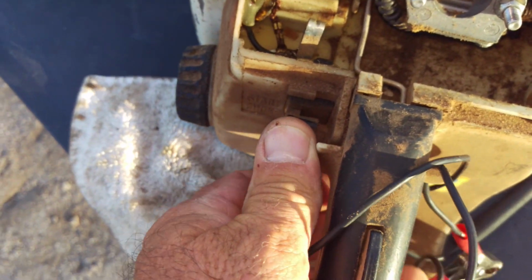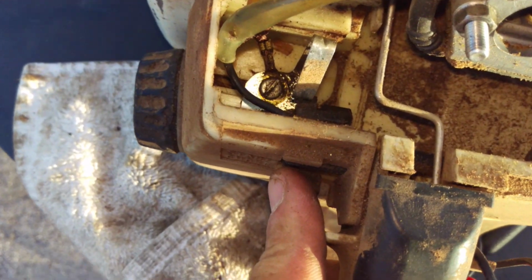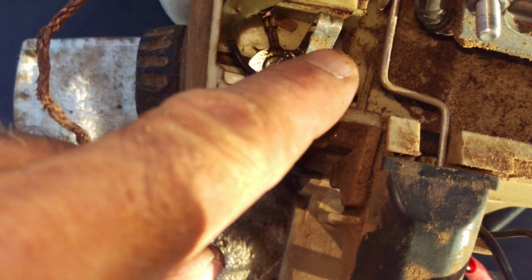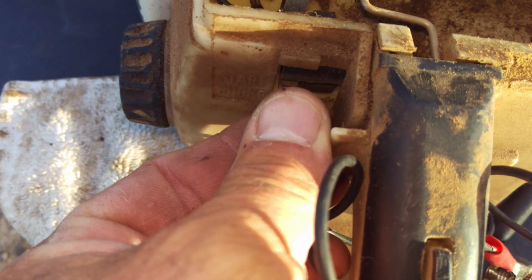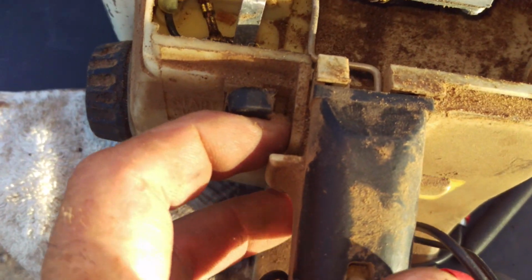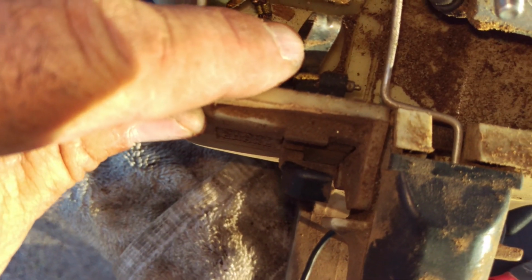Take the zoom out so that when the switch is all the way down, let's see if I can do this. Switch is all the way down, there's no contact. This is the ground right here. This is the kill switch. So when it's all the way down, there's no contact. Then it goes like this. It's in the run position, which is like a neutral. There's all the way down. Then there's up one, which is neutral. And then all the way up, where you can see on the end of this wire, and then that ground,